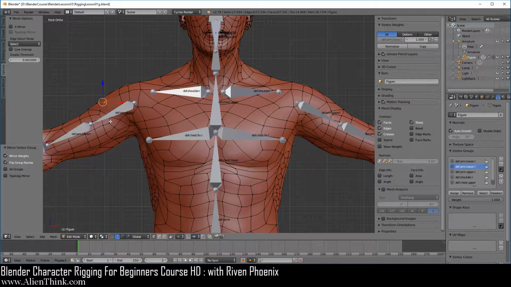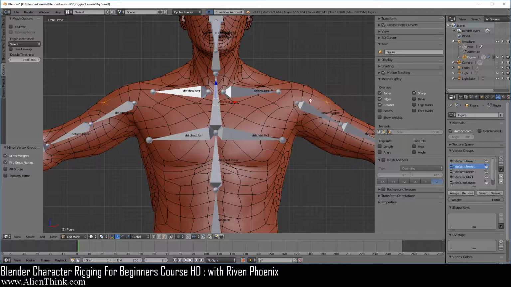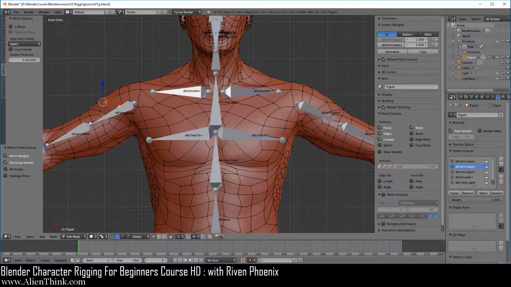Now, one thing I'll show you over here, if you press the shift key down and click on this, you can actually flip them on the opposite ends, meaning that we can bring the dot R over here and the dot L over here. Now notice how this works. You're going to click this and fire this off first, okay? Now notice that because we have two vertices selected and we're selected on this, we've already seen that when you have two vertices selected and click on this vertex group, it's going to move it on this side. So if you click over here, you'll see that both of them are on this side, okay?